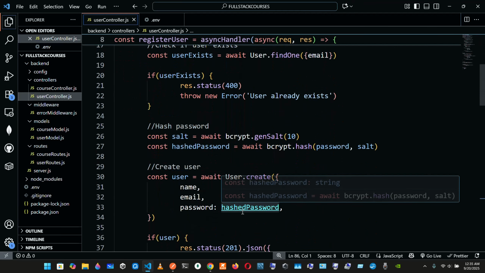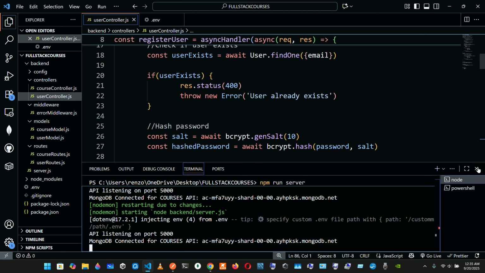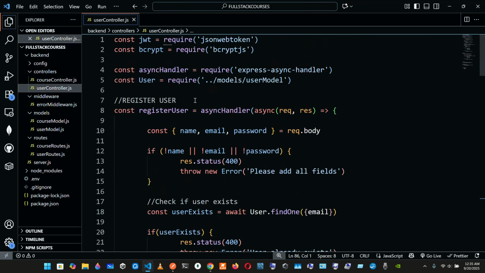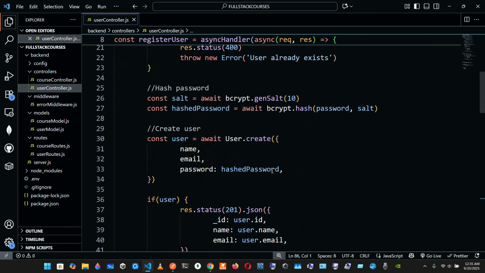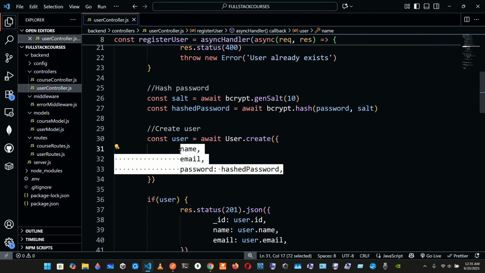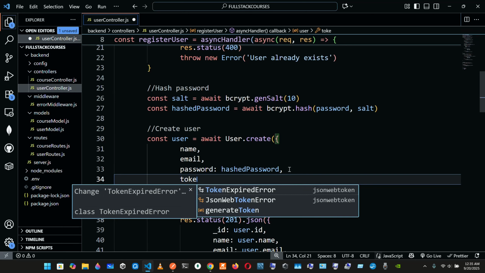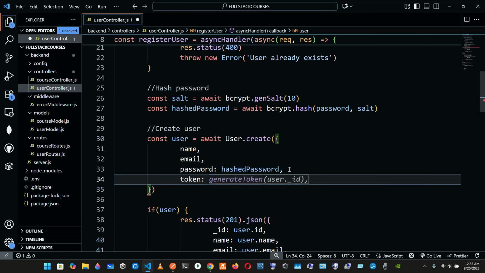We don't need to Control T. We don't need to restart the server, because we only restart the server when we mess up the environment variable. So if we go into the user controller, we're going to grab the ID, the name, and also the password. So we're going to grab these three, and we're also going to pass in the token, and we're going to set it to the variable generateToken, and inside of the parentheses